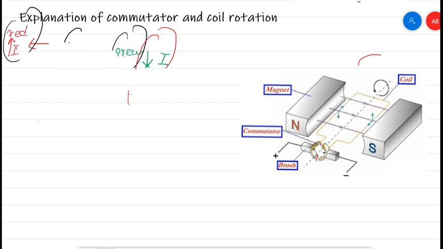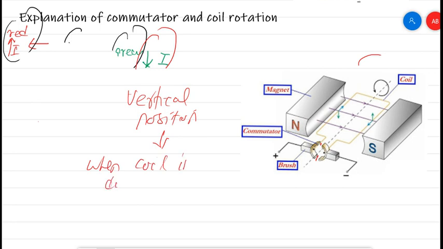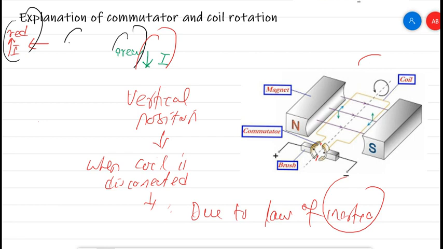So what happens? This question is usually asked in the exam: in the vertical position, what happens when the coil is disconnected from the supply? Why does it continue to rotate if there is no mutual interaction of the magnetic fields? That is due to the law of inertia, the first law of motion,